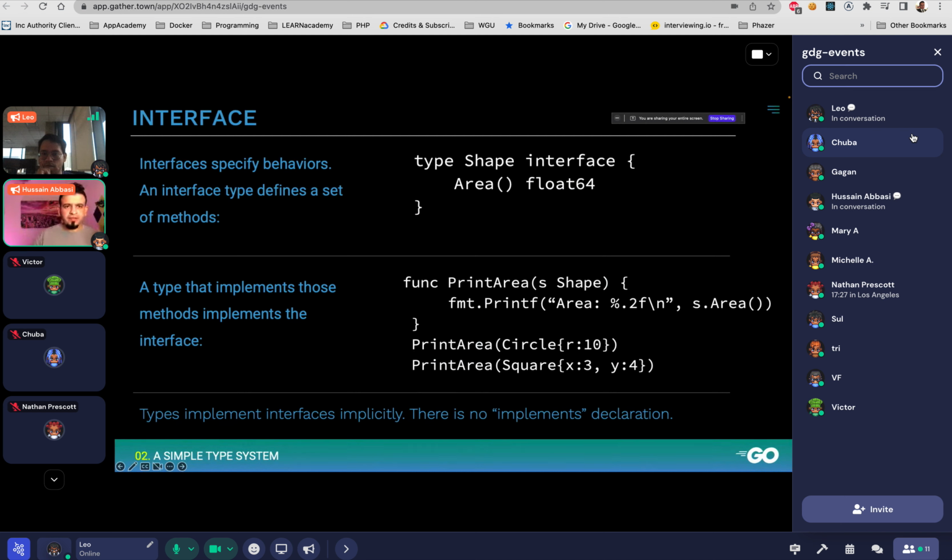So imagine we have an interface called shape, and it has a method called area, right? And then at the bottom, I'm expecting a shape to be passed into this method called print area, and I'm just calling s.area. Now, what I'm passing into that method, if you look, is a circle and a square. So I can have a circle type and a square type. They both will have an area method, and because that signature matches the interface, I can pass them into a shape interface, which is pretty cool.